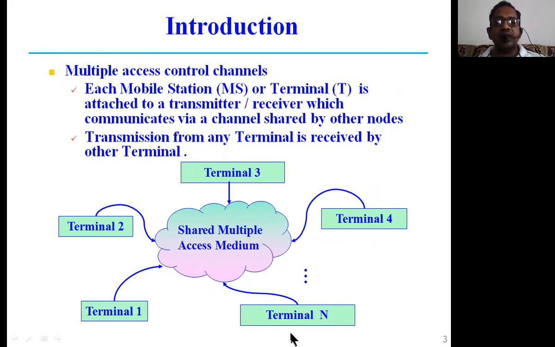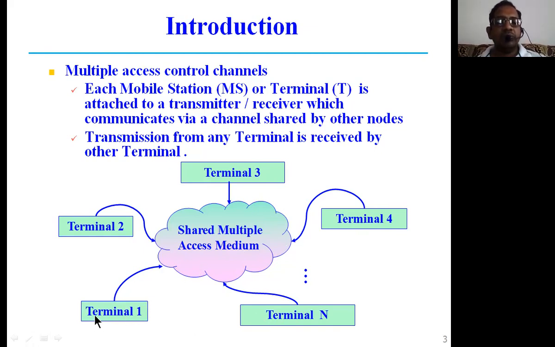So all these n number of terminals are going to use the same resources for their communication. For their communication, all of them are going to use the same shared resources. That means there is no separate line laid for communication among each and every terminal connected here. So here, that means what?